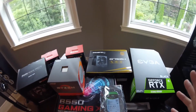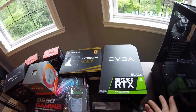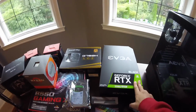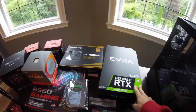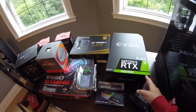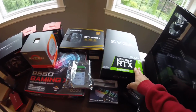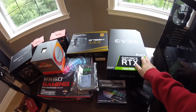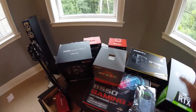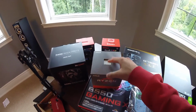So we'll go over what's going to be in this PC. I have bought a 2080 Super, and I know with the 3000 series that has just been announced now, this might seem a bit stupid to have bought this considering it's the same price as a 3080. However, I need a PC, and I live in Canada, and we probably won't get it until November, and we will also probably have an upcharge on it, plus waiting times. So I just decided to go with the 2080, that's fine, and then that is paired with a Ryzen 9 processor,